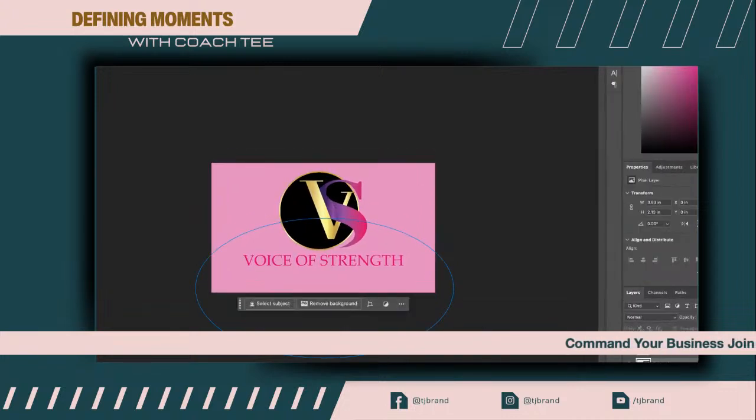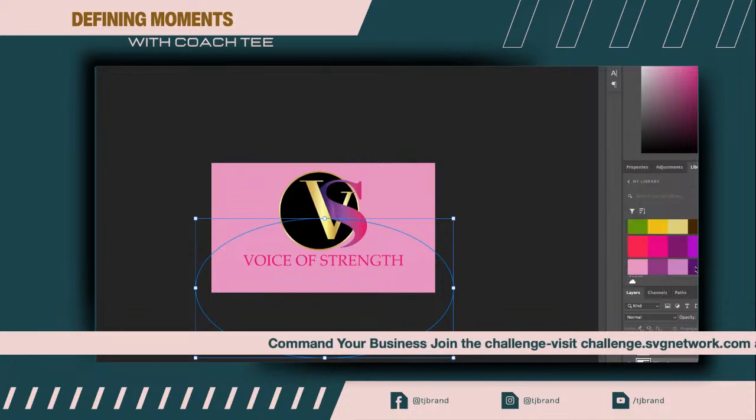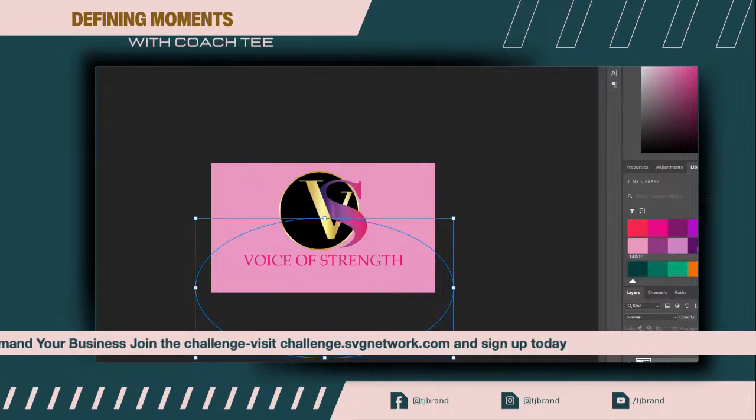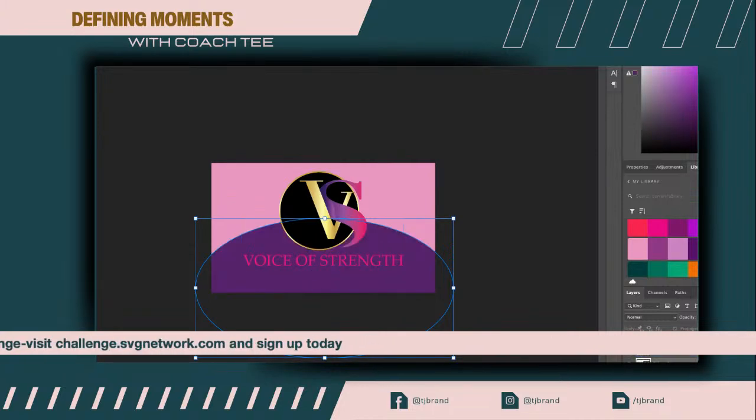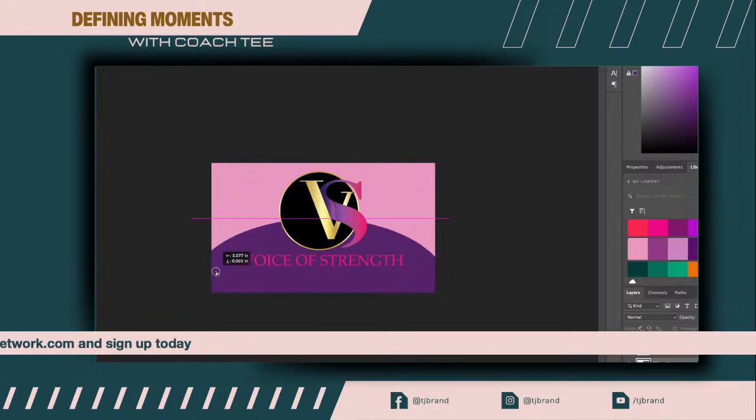That ellipse tool is drawn down at the bottom here, and it is the same color that we had on here already, but we want to change that color. So I'm going over here to my libraries panel, which I have already created. I'm going to pick a different color. I'm going to pick a dark purple and make it my background shape on here. Okay, so now this is the back of her card.